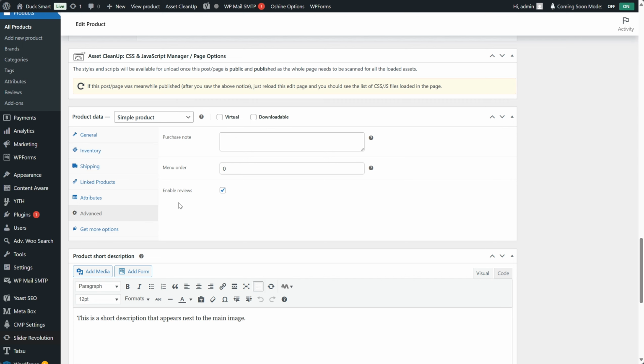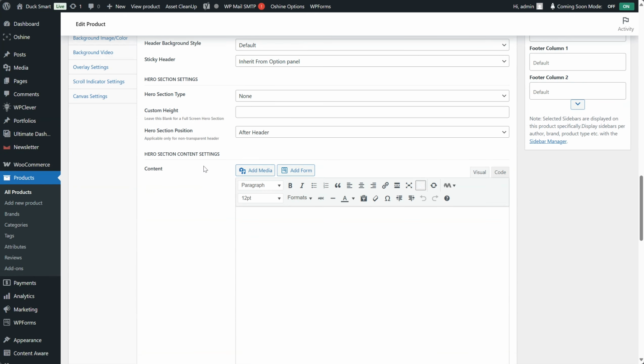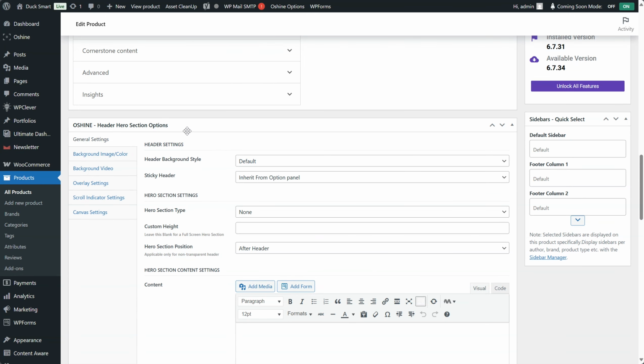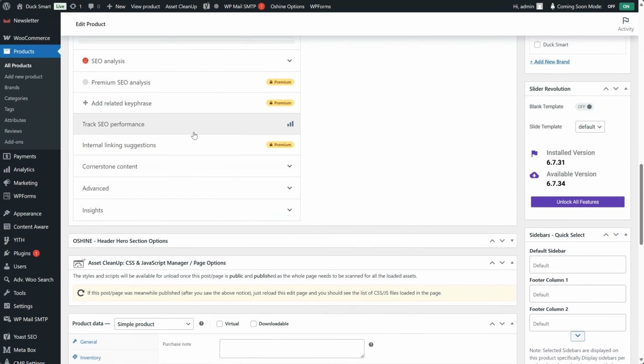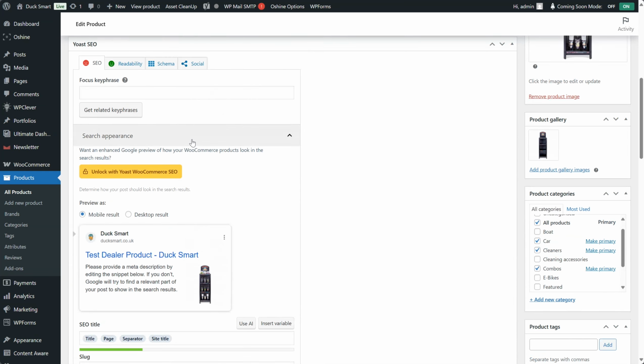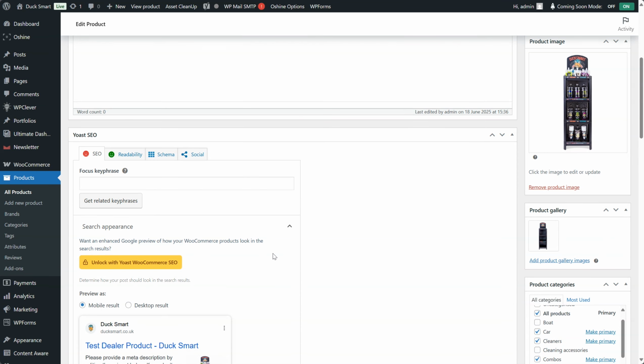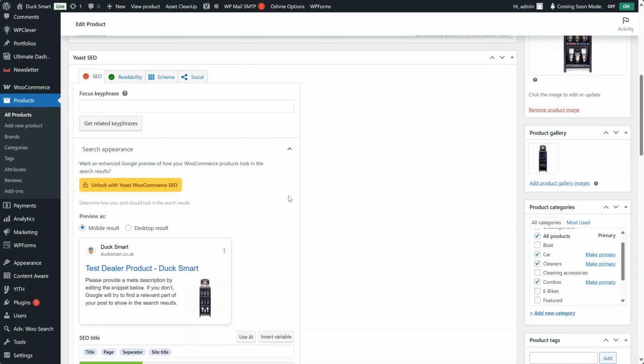Advanced, again, you're not going to need any of this section, so don't worry about that at the moment. Scroll up, you don't need to worry about the Oshine header options, so leave that alone. This is the SEO section, and Yoast makes it really easy to see what it's going to look like